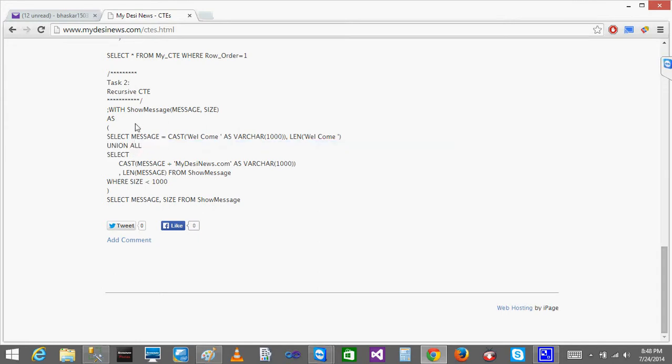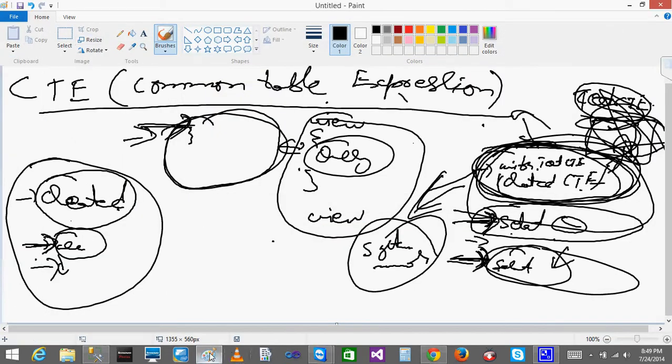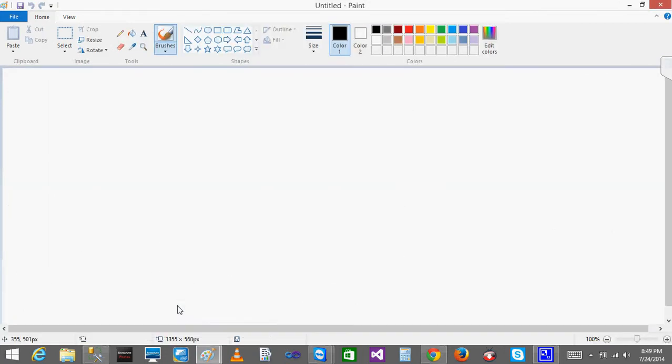You can do it only by union. Actually I did it by union, right? If you go to the previous one, it's the same thing. Sorry, there's only one difference I did. Now if I run it, what happens? Recursive means I have created the CTE with this one, and inside I am again using the same CTE. Whatever output I get, first it will go. So this is nothing but the recursive, right? What do we do with the recursive normally? Let's say I have one table.